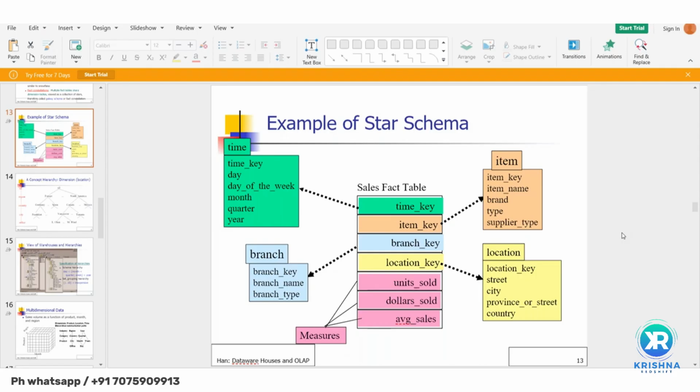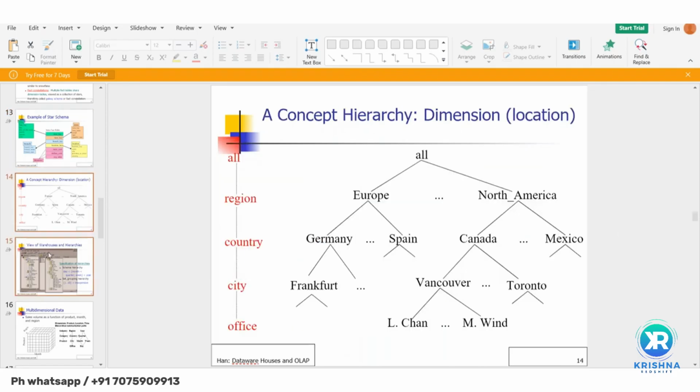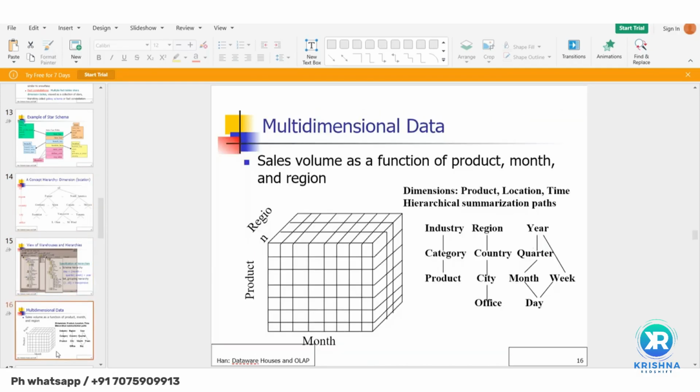Actually we call it cube reporting. In cube reporting, you can have particular measures. In maths, generally, there is an x-axis, a y-axis, and something like height, the z-axis. So in 3D reporting, you can do analysis on month, product, and region, like that. At the same time, you can analyze the data on multiple dimensions. If you want to represent your data on multiple dimensions,